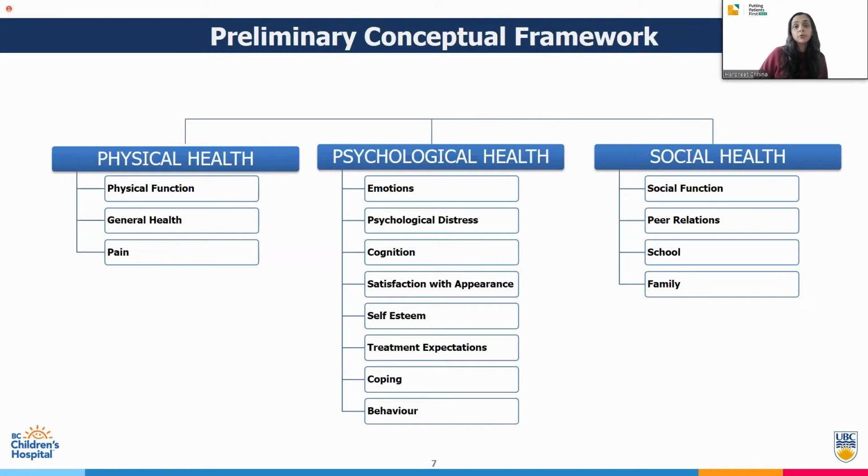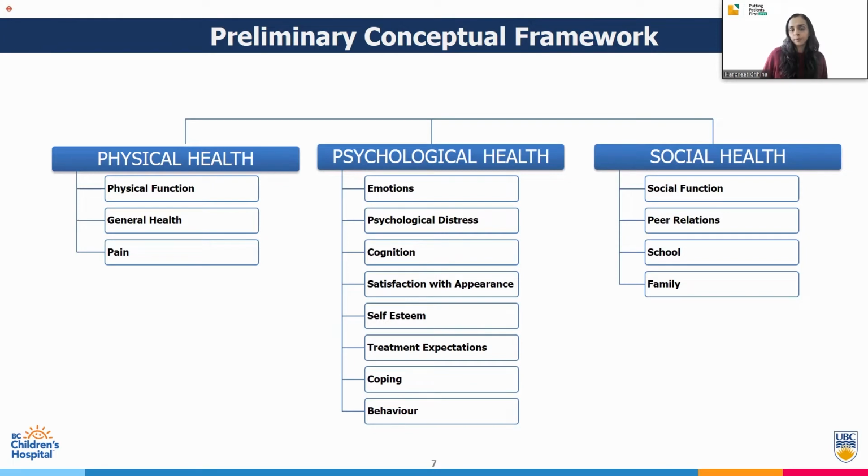The systematic review also helped us develop a preliminary conceptual framework of themes which have been studied for these patients in the past literature. And these themes included physical health, psychological health, and social health. And there were a number of sub-themes under each of these themes that we were able to pull out from